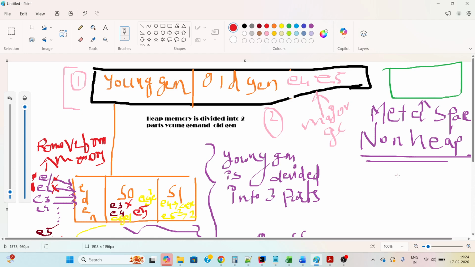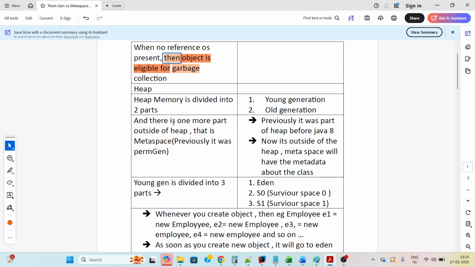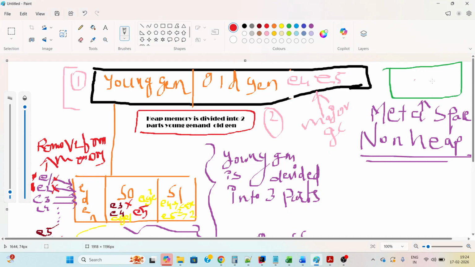We will see that later. For now, just consider this heap memory. It is divided into two parts: first is young generation, second is old generation. And there is one more part outside of the heap that is called metaspace. That's what we saw here.